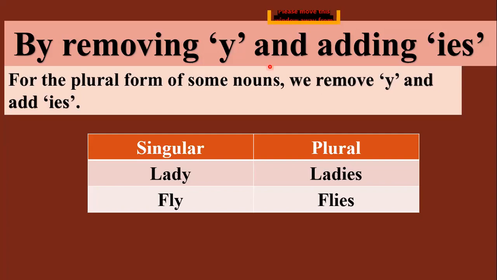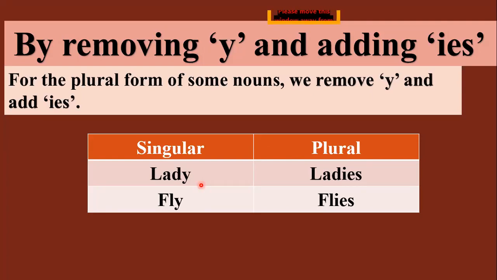Okay, but this is not always the same. Suppose if it's boy, BOY, then I don't change it to BOYIES, boys. I simply add S, BOYS, boys. Okay, S is only added. Similarly, if I say the sun rays, I don't write RAIES, rays, but it is RAYS, rays. Okay, so what I'm trying to make clear to you people here is that it is not so much that you always change the Y to IES. It depends. Some words you